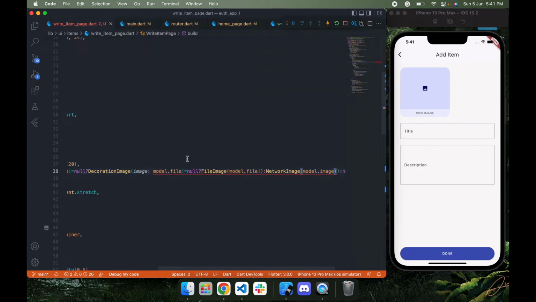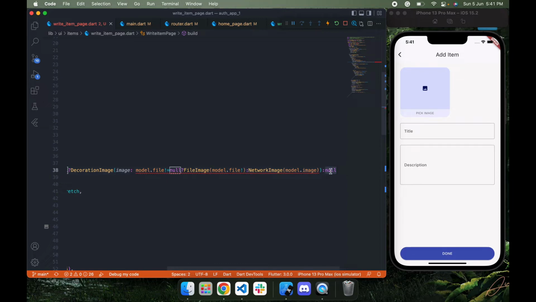If file not equal to null, means user picked file, then we will show that picked image. If user has not picked and there is already another URL, means while editing there is an initial image, so we will show that. While adding